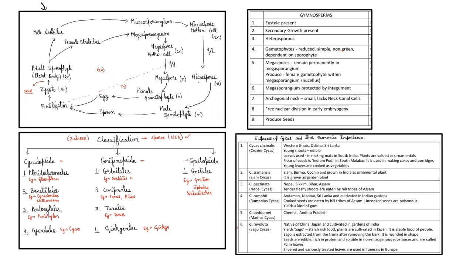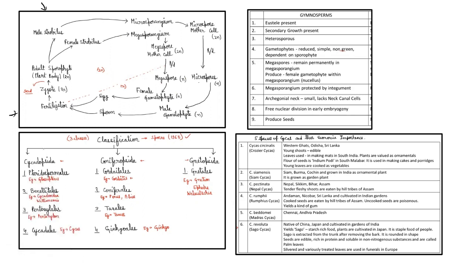The egg and the sperm fuse with each other and fertilize to form zygote. This zygote will form seed, and then the seed will germinate to give rise to a new adult sporophyte. So this is the basic generalized life cycle of the gymnosperms. Let us talk about the